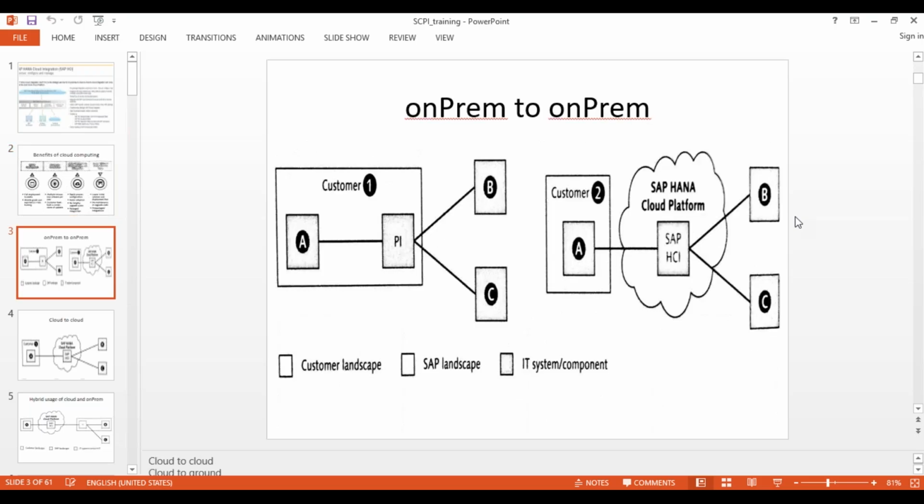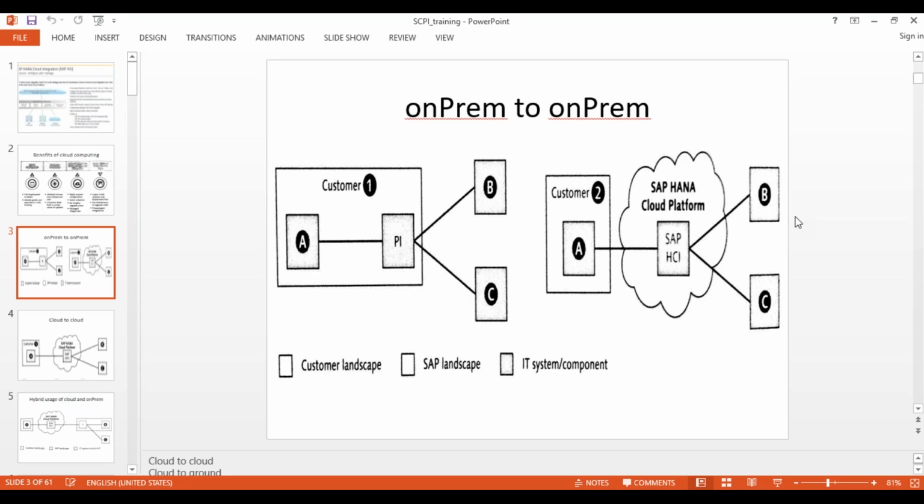So now let's see different types of situations, or scenarios, where we can integrate the systems. CPI, Cloud Platform Integration, can support three different environments. One is the on-premise to on-premise environment.